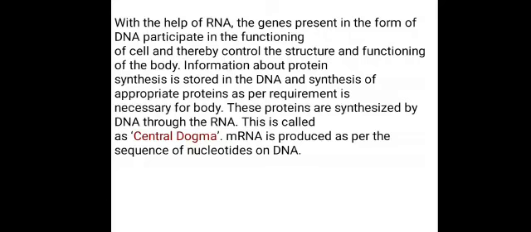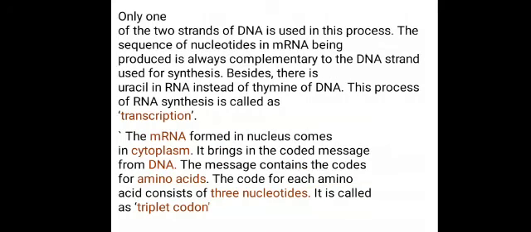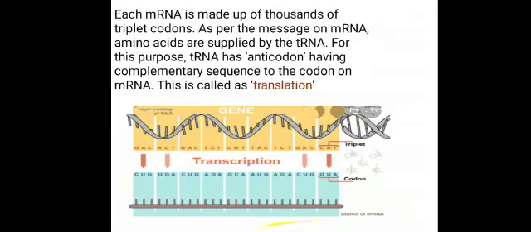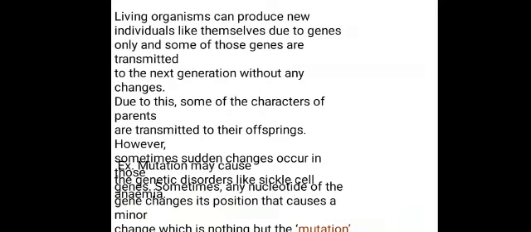The proteins are in the form of amino acids, and each amino acid is formed with the help of a codon, that is, a group of 3 nucleotides. The different types of amino acids are attached to one another with the help of bonds, and from the first amino acid to the last amino acid, the ribosome is transferred. It is called translocation. Now the last topic, mutation.